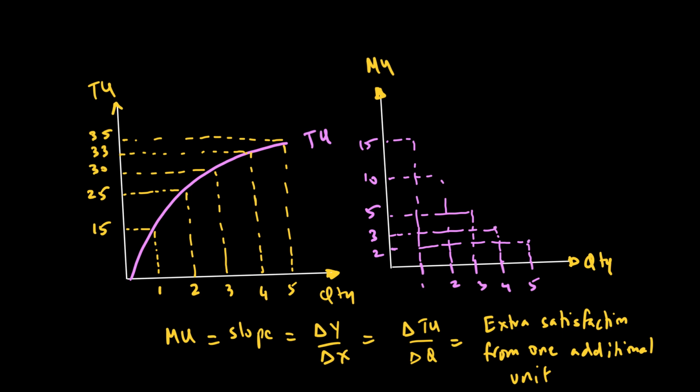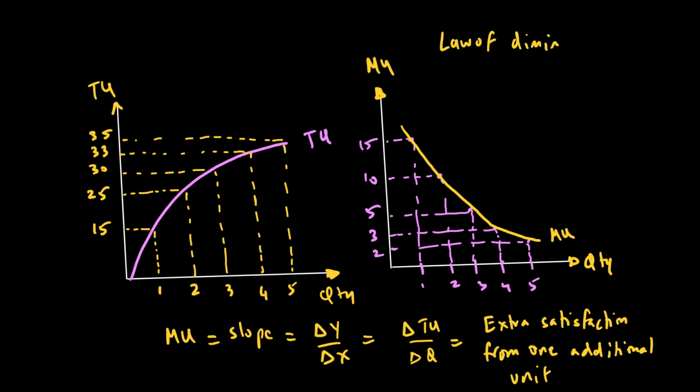So if I join these points together, I get what we call the marginal utility curve. This marginal utility curve is downward sloping, and it means that as we consume more and more of a good, each extra unit will give us lower satisfaction than the earlier one. In other words, every successive cup that I consume will have lower satisfaction than the one I consumed previously, and that is what we call the law of